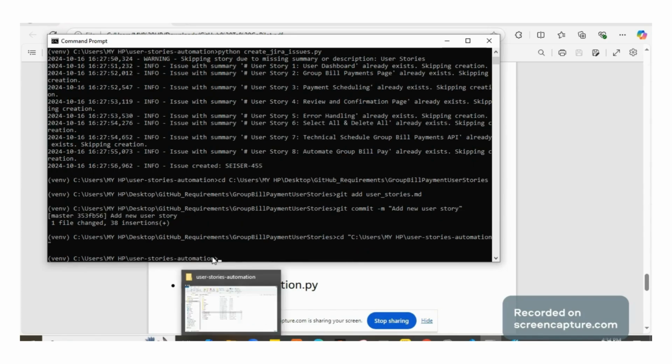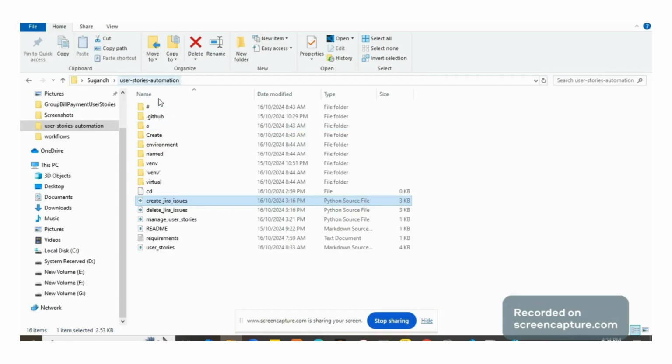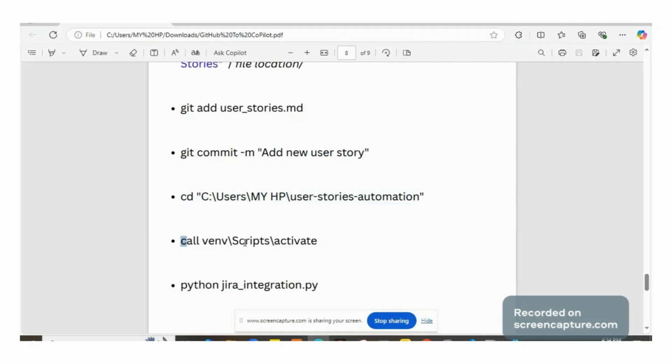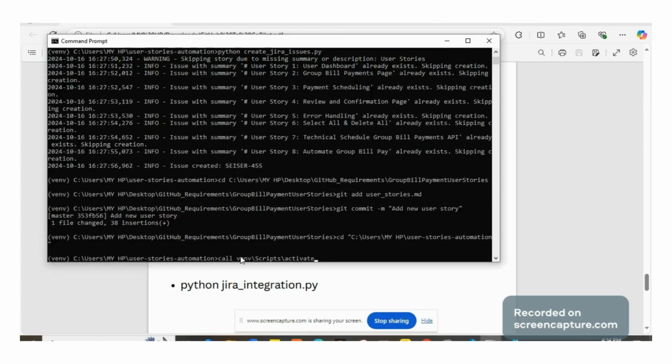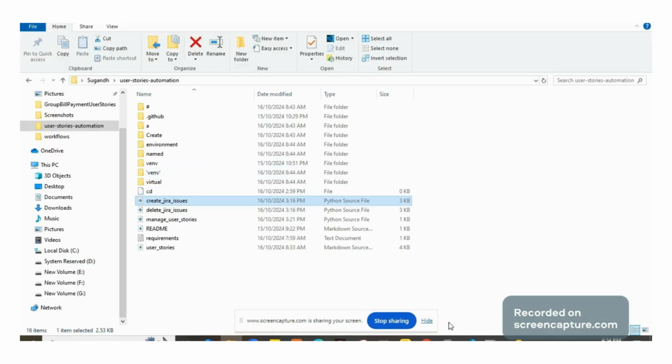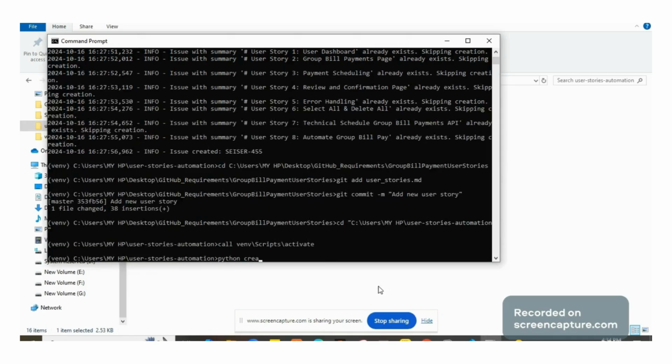If I show you this file, this is the location where my code is placed for calling the Jira integration. You need not get into this. It is just a one-time activity. And I'll activate my virtual environment. I'll type Python create-jira-issues.py. So as I click on enter,